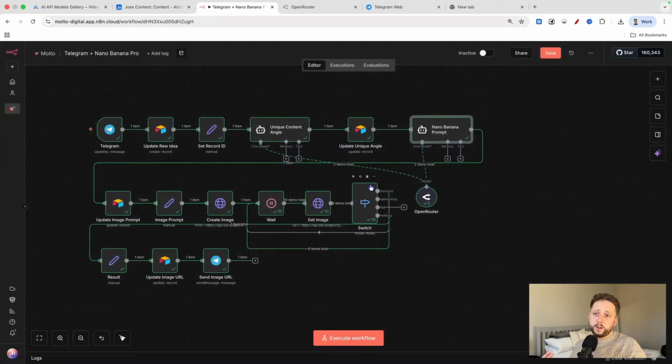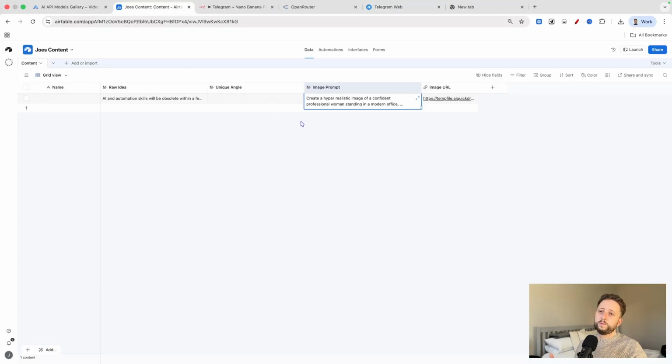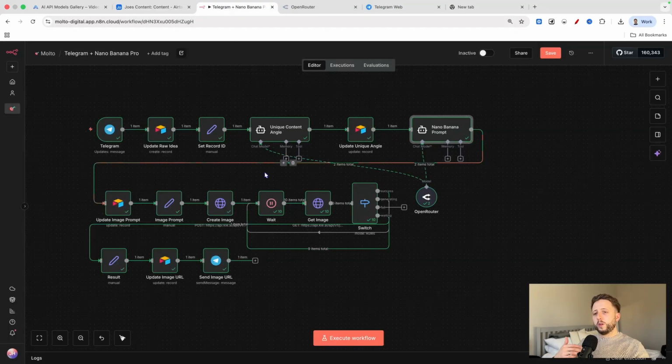And there you go. Then all we have is we'll get our link, and obviously if you're on your phone, you'll be able to download that image on your phone, and you'll be able to create your content and upload your image. And that's the best way I know how at the moment to use Telegram and Nano Banana Pro to create